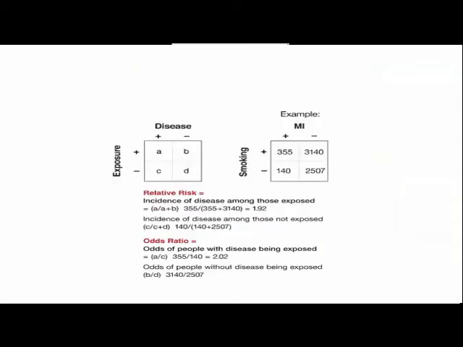So in brief, I can say that the incidence of disease among this is a simple exposure combining two: exposure and disease, smoking and MI. In these patients, the relative risk is 1.2 and the odds ratio is 2. So the exposure and disease outcome is, I can say, highly